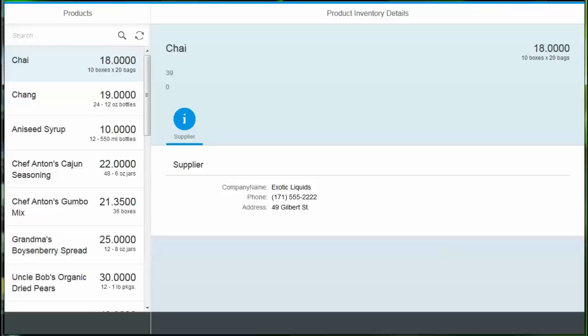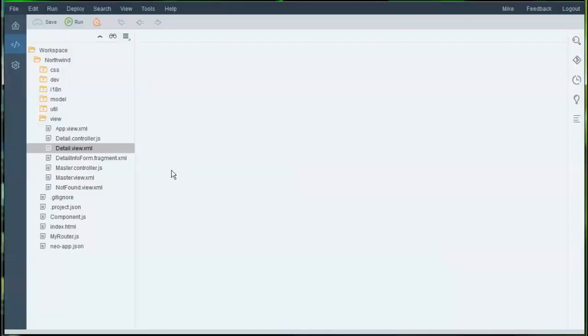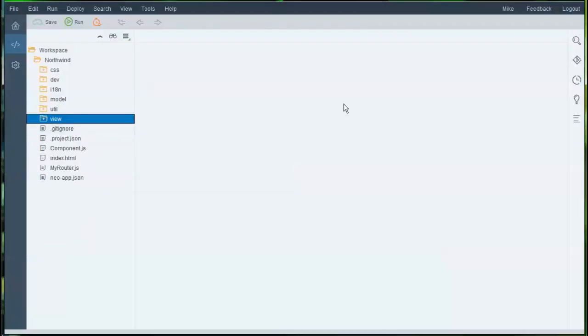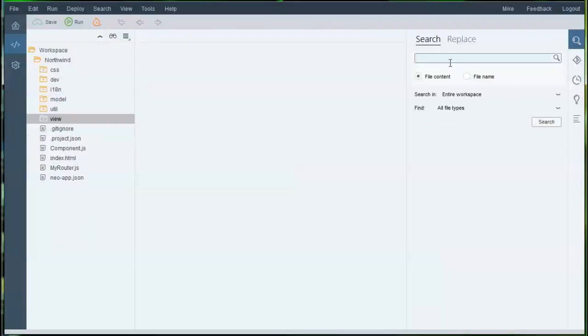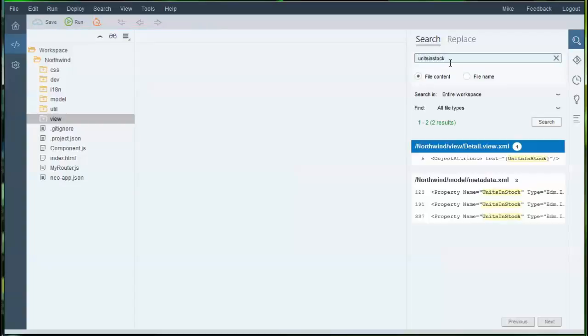So we're going to address both of these issues in this video. We'll first add labels to the units in stock and units on order values so users will know what these numbers represent. Since we know that the data items are units in stock and units on order, both in one word, we can actually use the Web IDE search feature to find the files that we need to edit. So we can go ahead and click the magnifying glass in the right-hand toolbar, enter units in stock, all one word, and there should be two instances found, and the top one being the